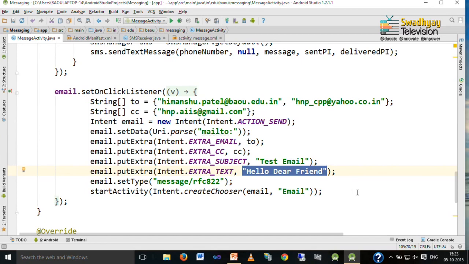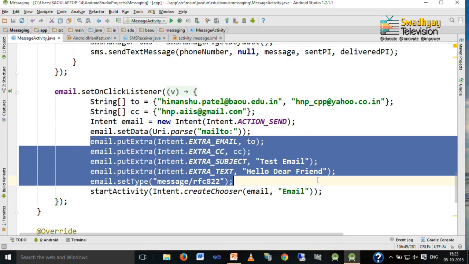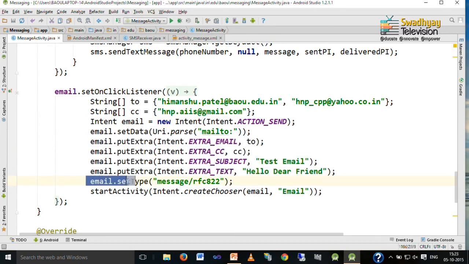What message you want to convey is specified inside EXTRA_TEXT. So, you have to create one intent, set data, specify the necessary information as discussed, and then finally, you set the type to message/rfc822, which is a standard MIME type for sending email.